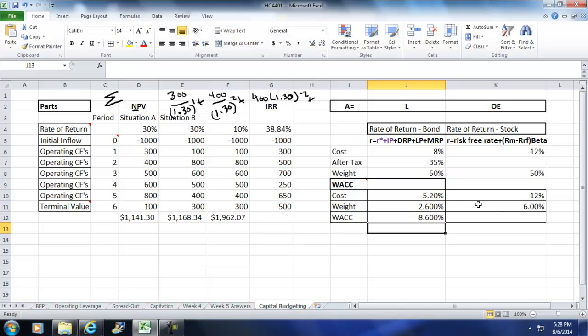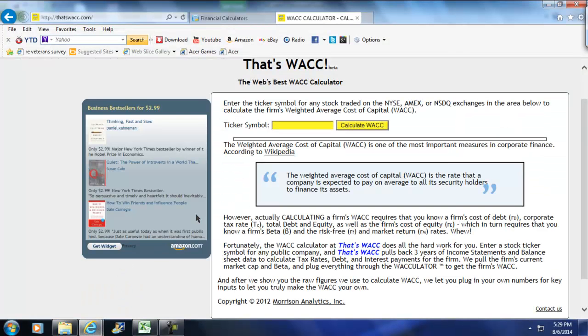That's still far less than the 30%, but you got to remember, we may not know these numbers. These are guesses a lot of times. So let me go and do this one more time and show you a real one and show how high it could be and why you need some, I guess, some meat on the bone, if you will. I got a website here called Whack, and if I put in the ticker symbol, and we'll put in the ticker symbol for Disney, D-I-S,